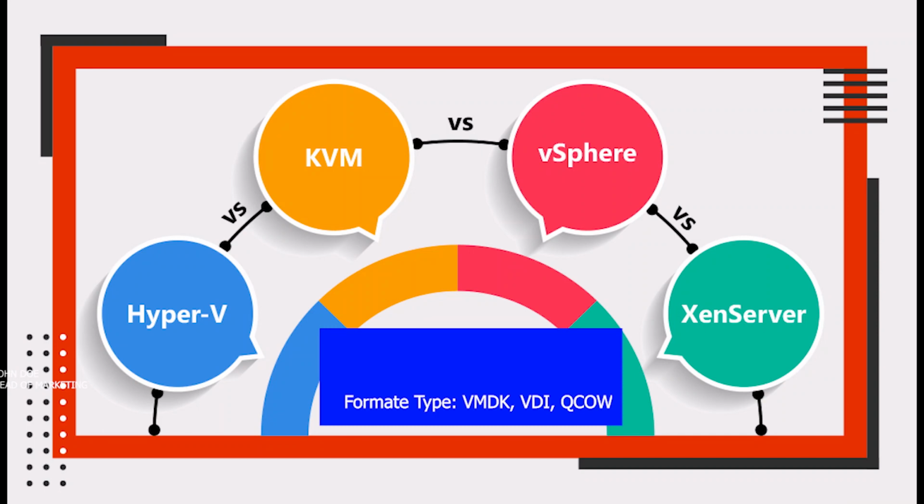image format. In vSphere ESXi, the image format is VMDK, and in Hyper-V we have VHD and VHDX. In VirtualBox it's VDI, and in some Linux virtualization infrastructures like Xen and KVM, the image formats are QCOW2 and the raw format. If anybody wants to run